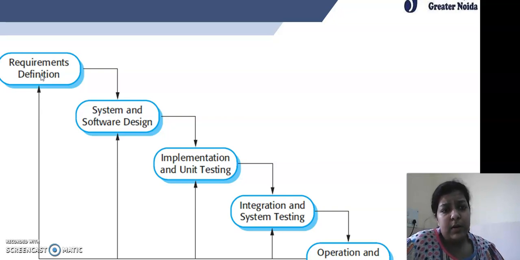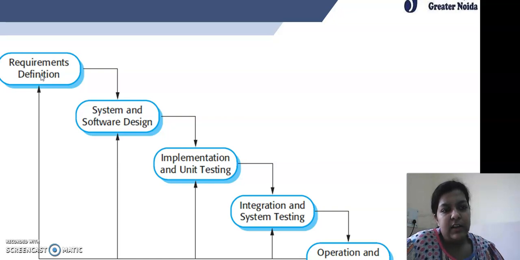Once the requirements are frozen, the same system is given to the software designer. The software designer then designs the process. It then identifies the functional and non-functional units and everything. Then it is given for implementation, testing, and finally it is documented and maintenance is given to the user side.